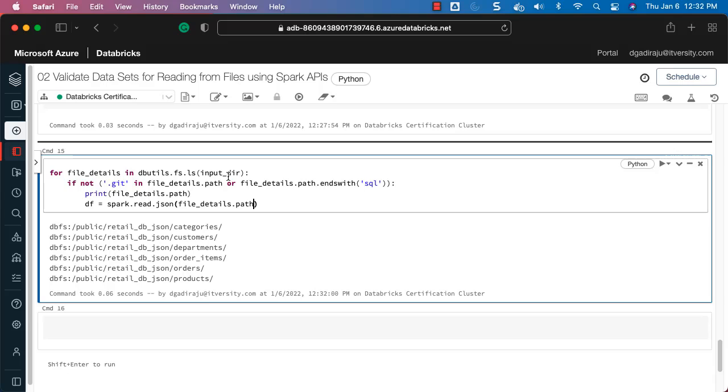We are actually looping through all the folders here. That being said, let me improvise on this by saying f, then let me put this in single quotes, then curly braces. Then I would like to say converting data in file_details.path folder from JSON to Parquet. I would like to see the progress as the data is being processed and is being written to Parquet file